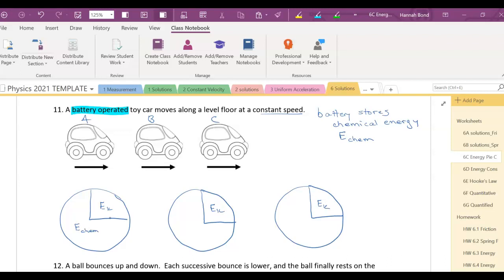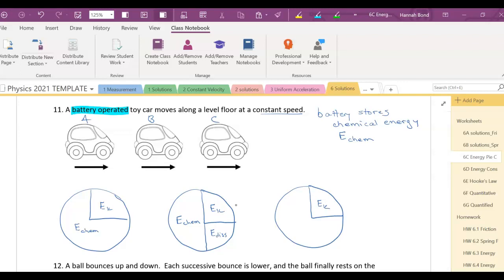Well, after it's moved some distance along the ground and we've gotten to position B, some of the chemical energy has been used. So we have less chemical energy. What is the rest of this piece of the pie? It needs to have the same energy. Oh, that's dissipation, right? The wheels are rolling, sliding against the ground, and so some of the energy is being